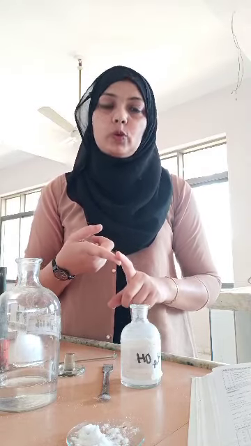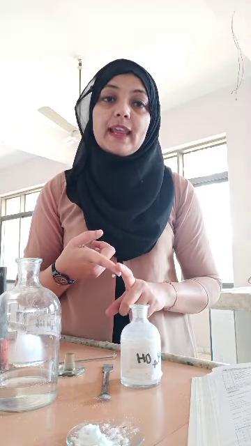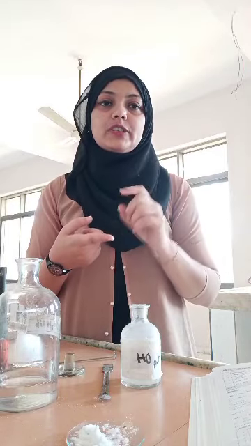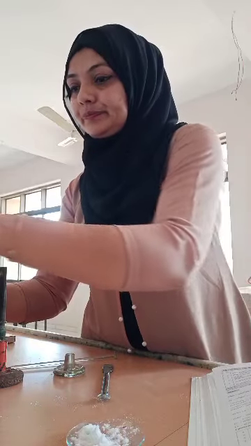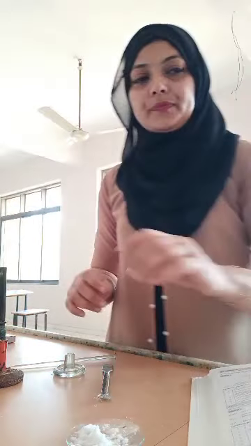Zero group is having only one radical, that is ammonium. Ammonia nahi, ammonium, NH4. So NH4, what we have to do, we have to first of all check the zero group. How do we check the zero group? Let us see that. Okay, in zero group, first of all, you have to take your